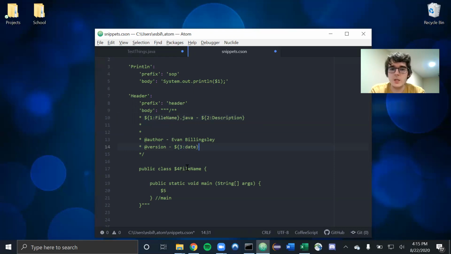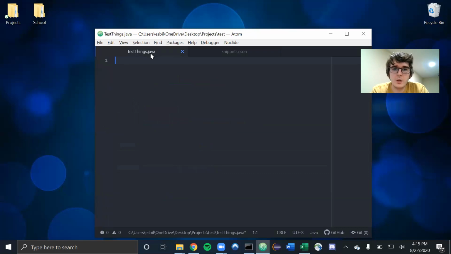And then it'll highlight date, etc. Remember, $, braces, and then your number and your placeholder. All right, so that's all we need right there. I'll go ahead and save that, go back, and I'll show you how this works, because this is probably my favorite part. Header, tab,